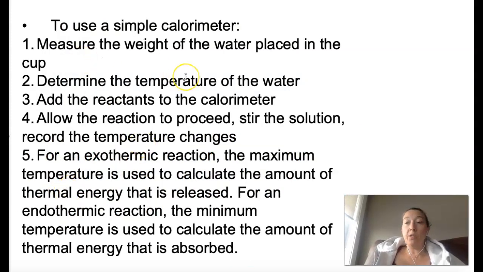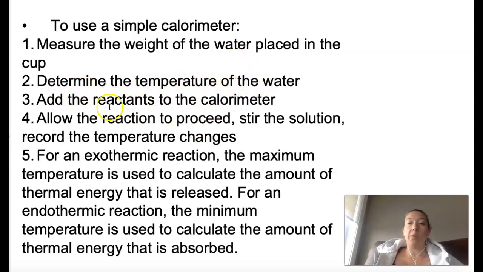So, steps to use a simple calorimeter. First thing we'd want to do is actually determine the weight of the calorimeter, because once we put water in it, we wouldn't really know how much of the mass is due to the calorimeter versus how much is due to the water. But you could just put the calorimeter on, zero it, and then place your water, okay? We always need to know the mass of water because we need the mass to be able to do the MC delta T, okay? We then need the initial temperature of the water so that we know what the initial